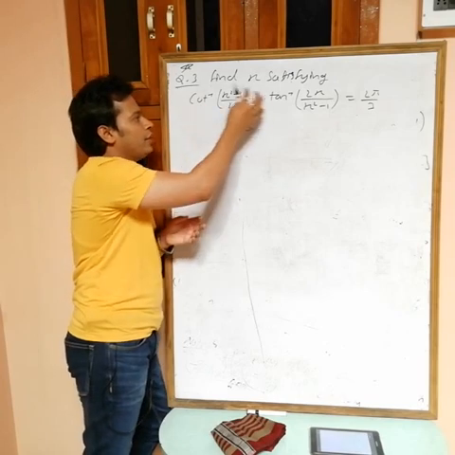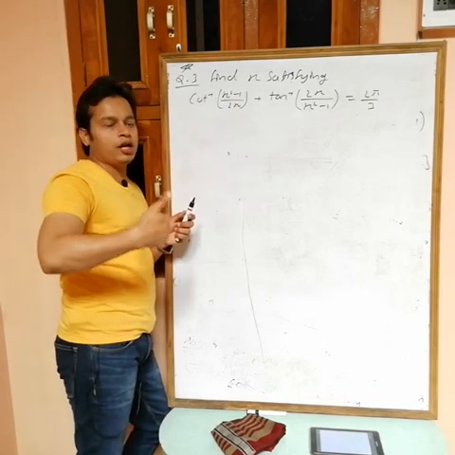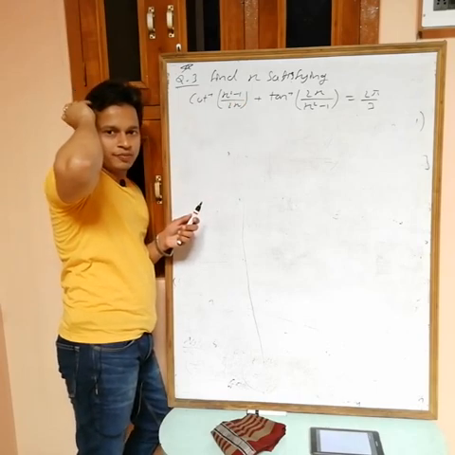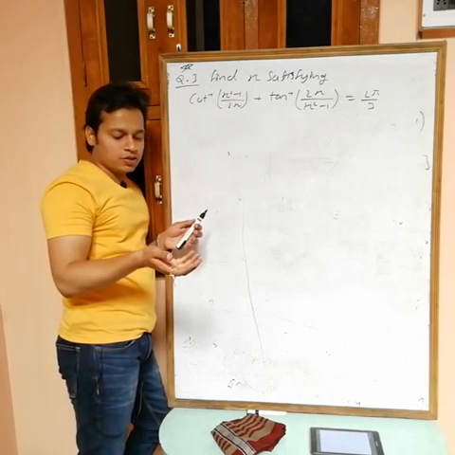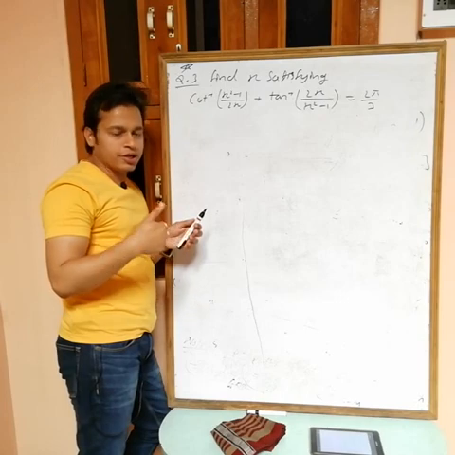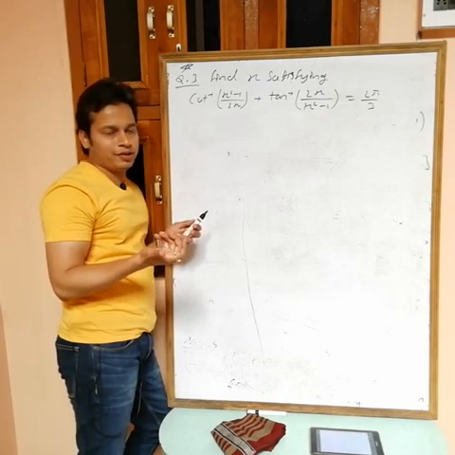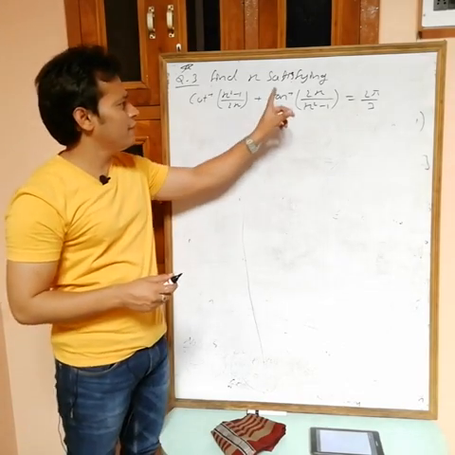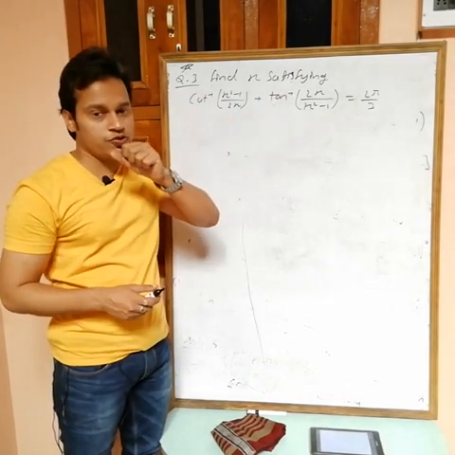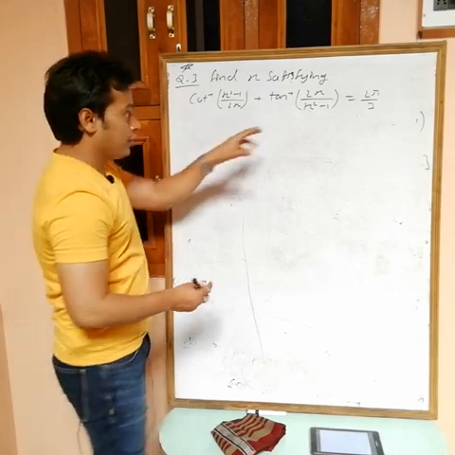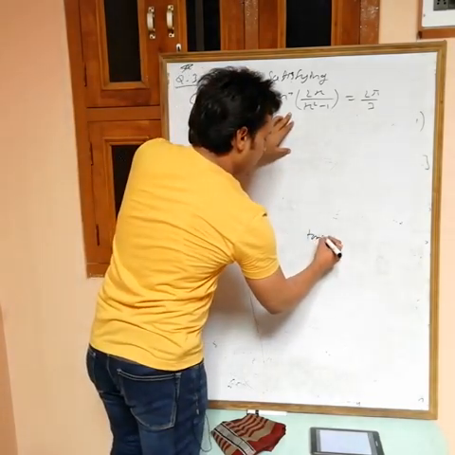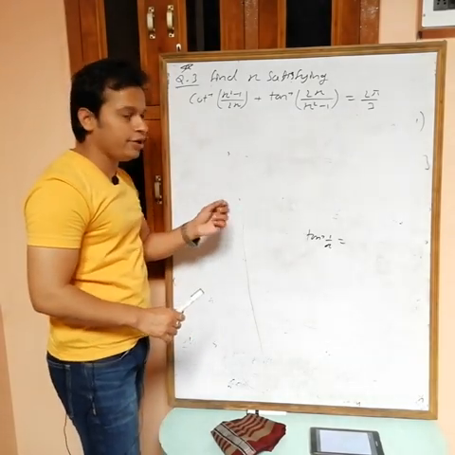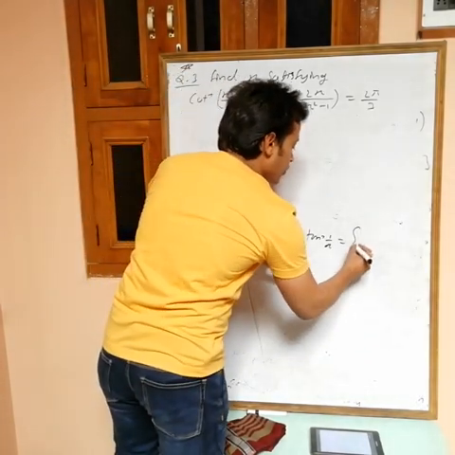Now we want the value of x, so I have to add these two. Do you have any formula to add cot inverse x plus tan inverse y? No. We have a formula like this: if you have tan inverse x plus tan inverse y, or cot, in this form. But I can convert this one in terms of this one now, because we have a formula. Tan inverse 1 by x is equal to cot inverse, but again for this one we have two formulas.